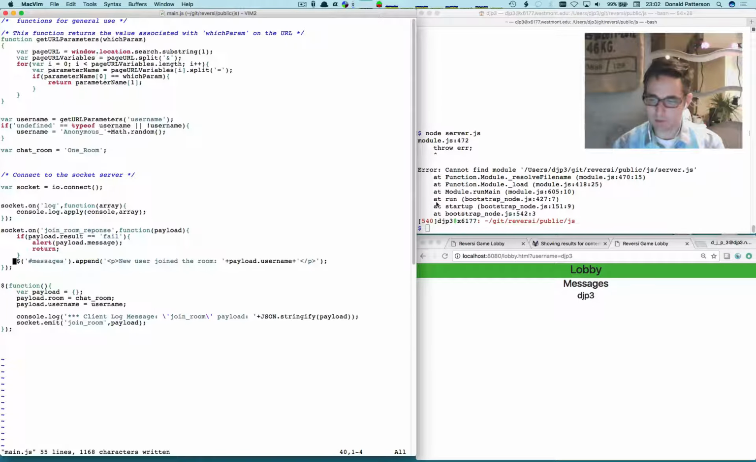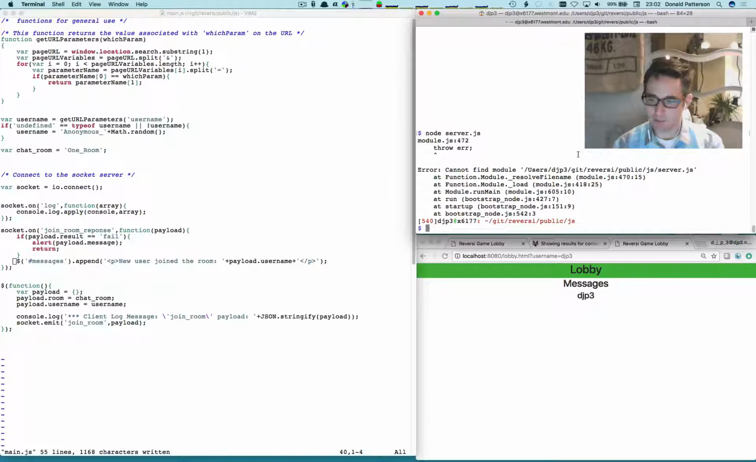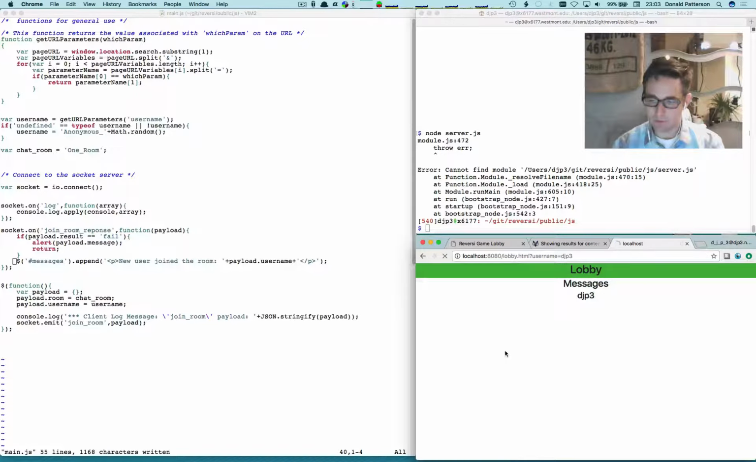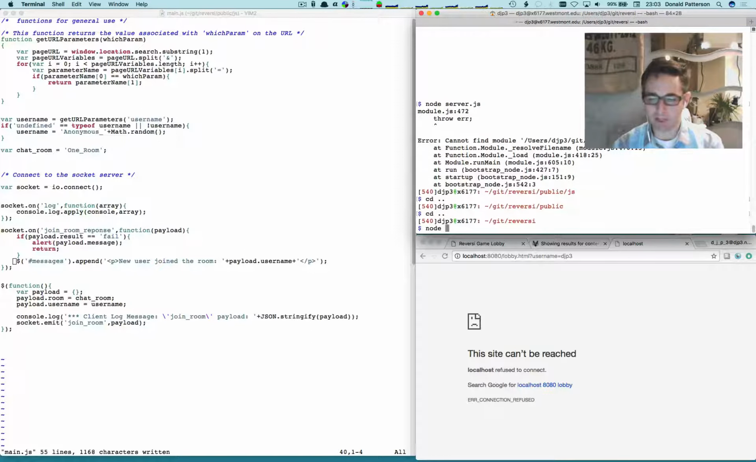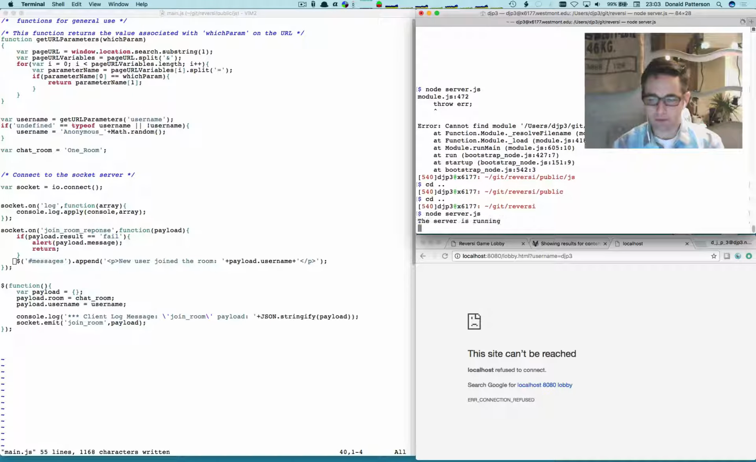Well, it says cannot find a particular module. Am I already running the server? If I try and load my web page, nothing comes up, so I'm not running the server. Oh, I'm sorry. That's not the right place where my file is. Let's try that again. All right, and what I want to do is run my server and then reload my